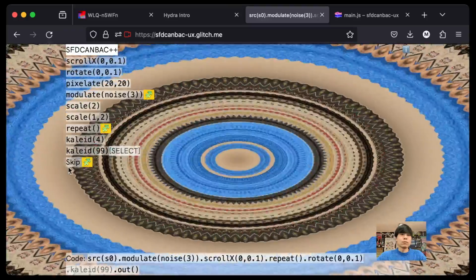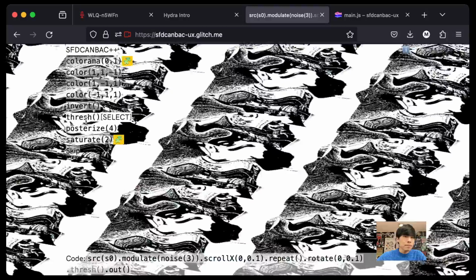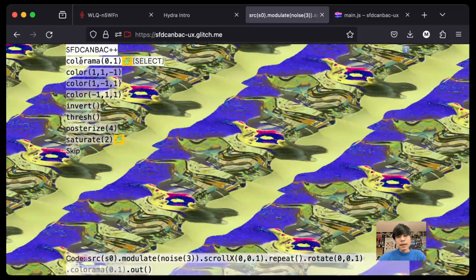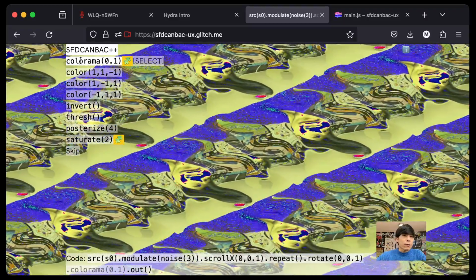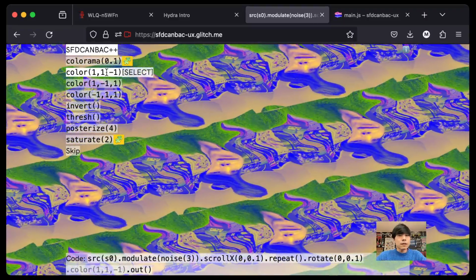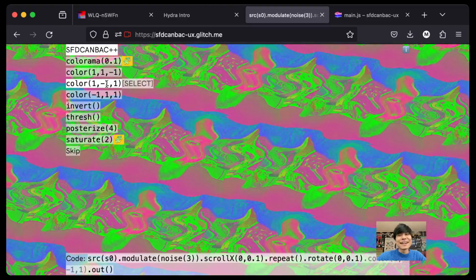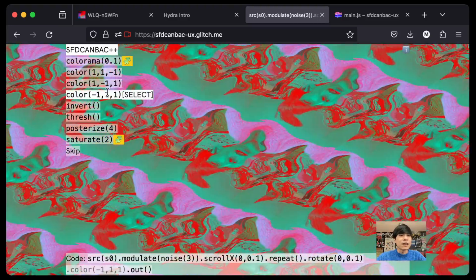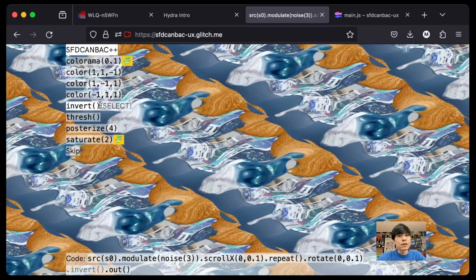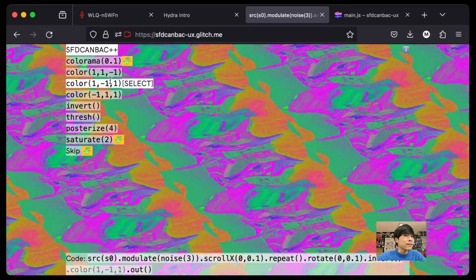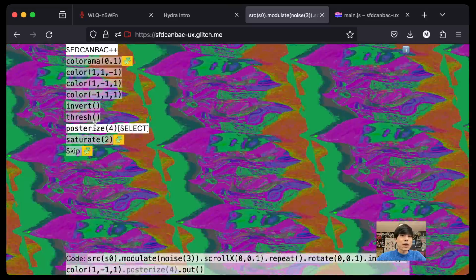So when I'm happy with all these effects, oh wow, I can go to skip, and if you click on skip, then it shows a different family of functions. And you might notice that they're all about colors. For example, this color minus 1 changed the tone. You can say it's kind of Andy Warhol, you're modulating RGB colors with these functions, or invert. It's kind of funny. And you can again chain these functions